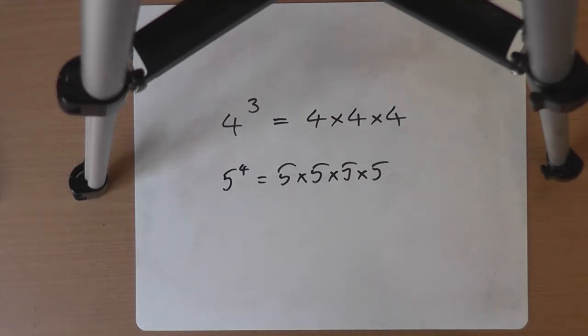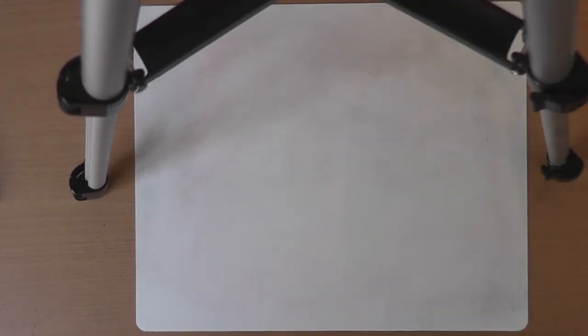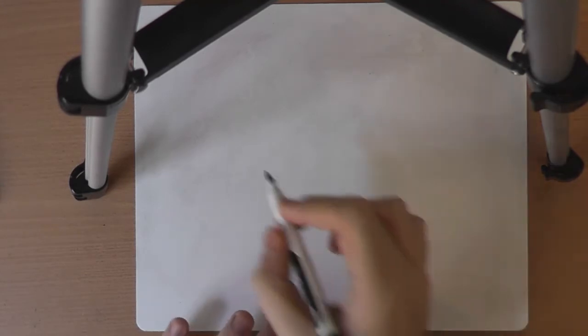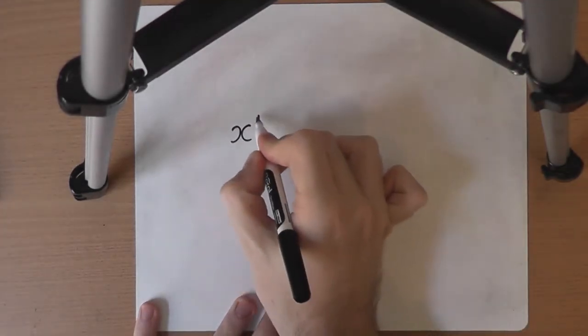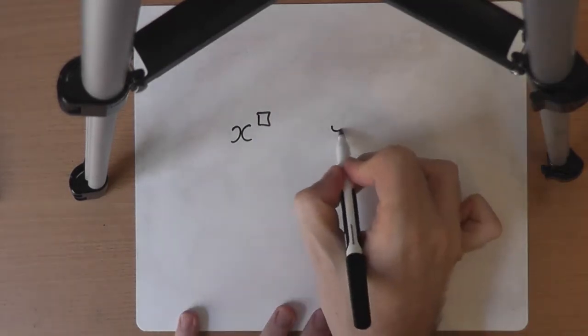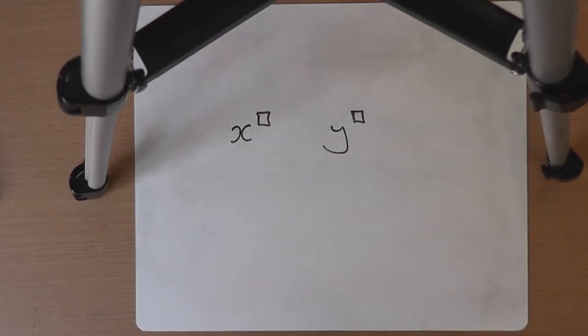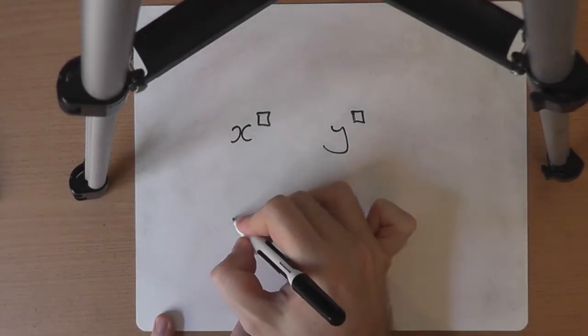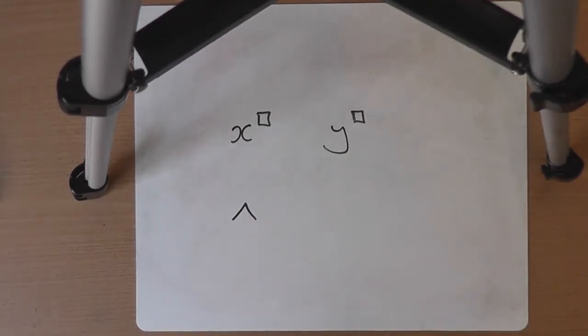And your calculator will have a button that lets you work out powers. What that button looks like depends on your calculator. There are a couple of different options. Your calculator could have any of the following buttons as its power button. It might have a kind of curly X with a little square up at the top, or it might have a Y with a square up at the top. It might have a button that looks like this, a kind of upward pointing arrowhead,